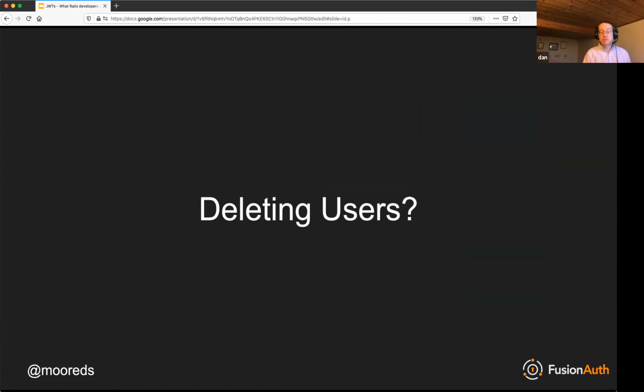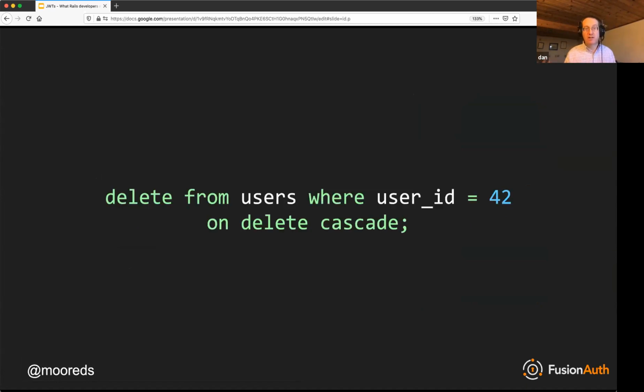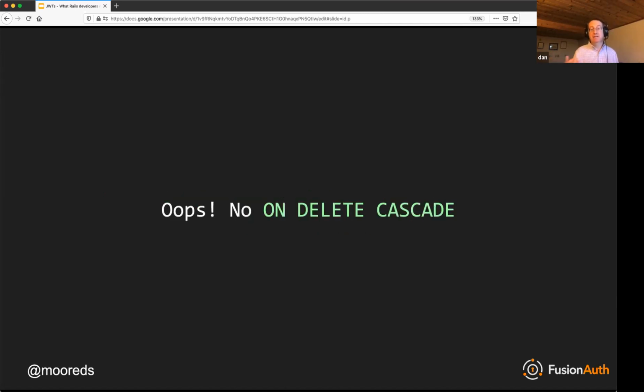As far as deleting users, in a normal monolithic Rails application, it might look something like this, right? Where someone says, hey, screw you, I don't want your app on my phone anymore. I want you to delete my account data. And depending on where your users are, like if they're in Europe, they take that really seriously, right? You really want to be able to delete all their data. You don't want to delete just their user data. But in this distributed architecture, you don't have on-delete cascade. So how are you going to deal with that?